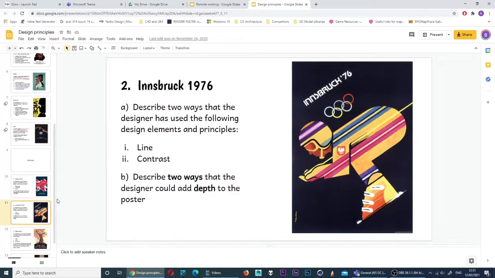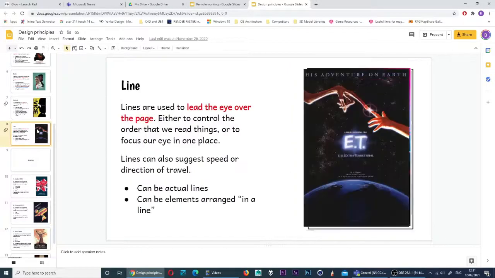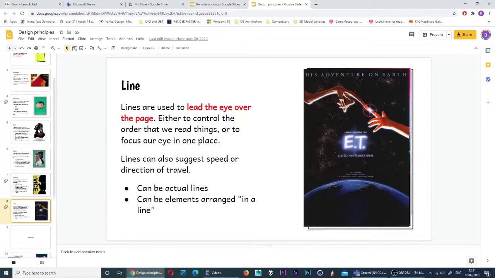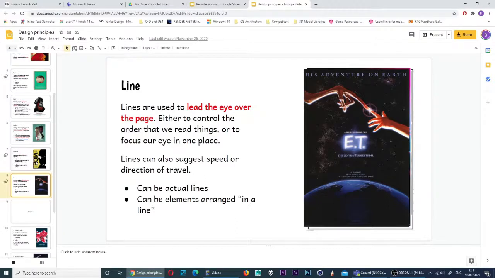Innsbruck 76, Winter Olympics. That's all it was trying to say. Okay, so the designer again has said, notice the skier first. The skier's going to grab your eye, it's dominating. What's this skier all about? Aha, the second thing I'm going to notice is the fact that it's Innsbruck 76. Alright, so again, only a couple of things are trying to be achieved with posters. With film posters, it tends to be the name of the film, the name of the movie getting used there. Let's see if we can find any other ones.